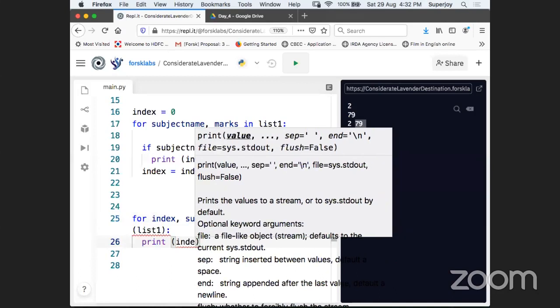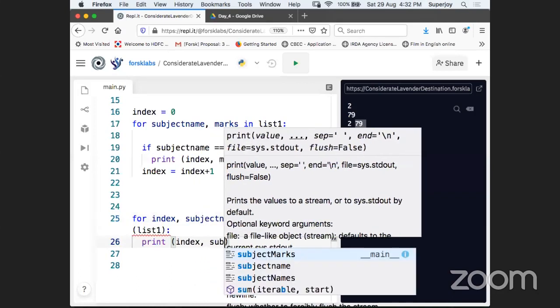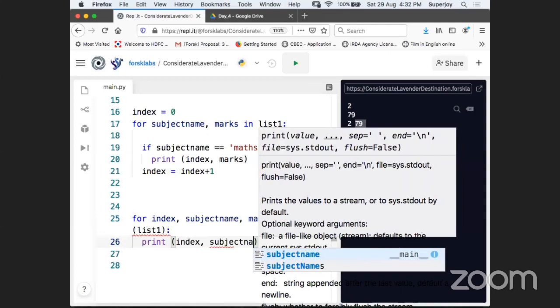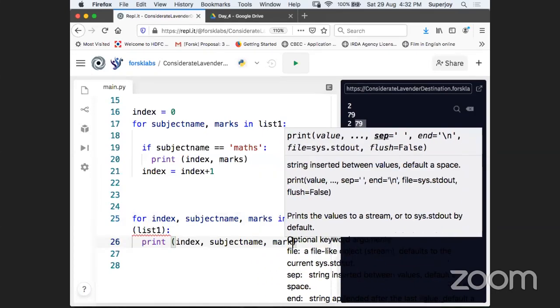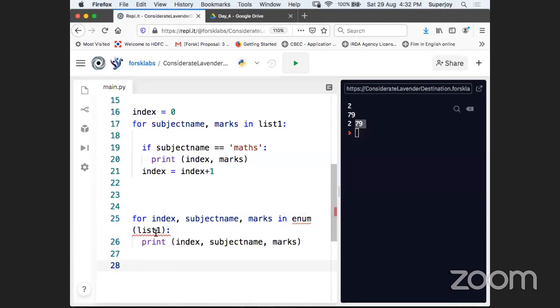We will print the subject name as well. And we will print the marks as well. So this time we are going to print. Is it enum or, okay, it should be enumerate. Let me check. Okay, yeah, guys, it's enumerate.